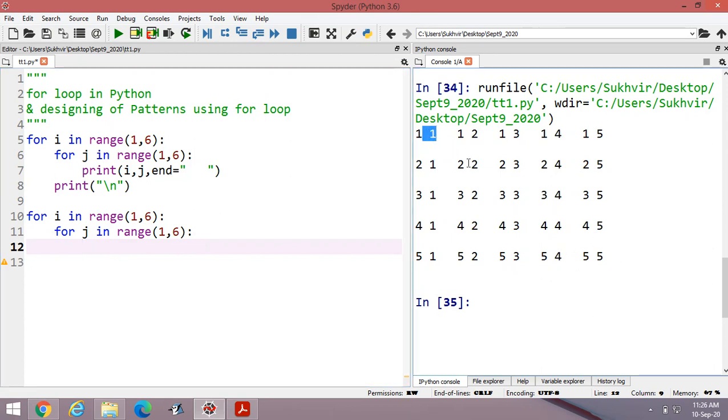In the diagonal, the value of i is equal to the value of j.